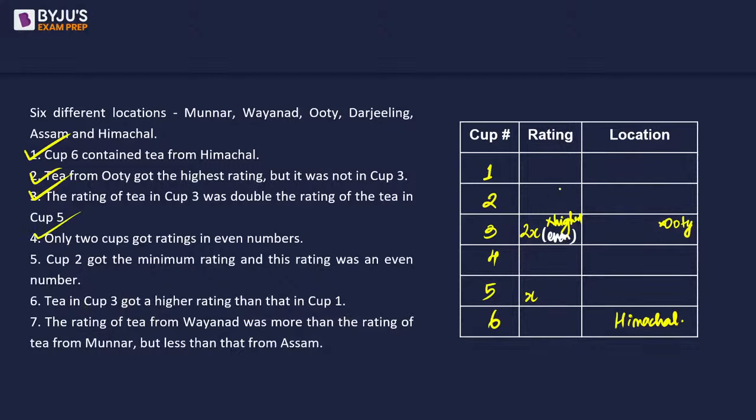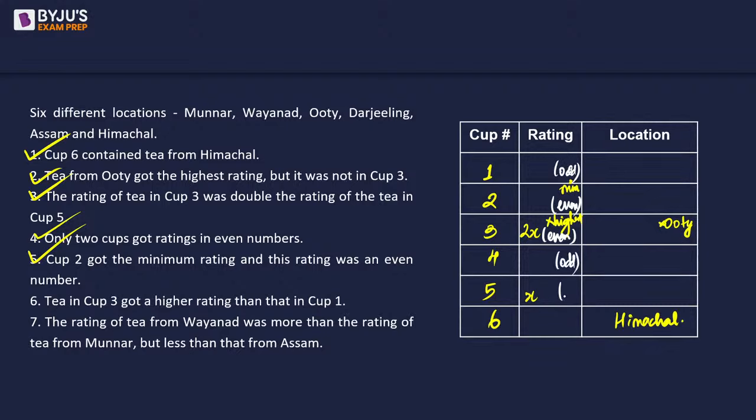So it got the minimum, as in the lowest rating, and this is going to be even as well. So can we say the two numbers that are going to be even, one is Cup 2 and another is Cup 3 for sure. So having known that, we can very much say that Cup 1 has got an odd